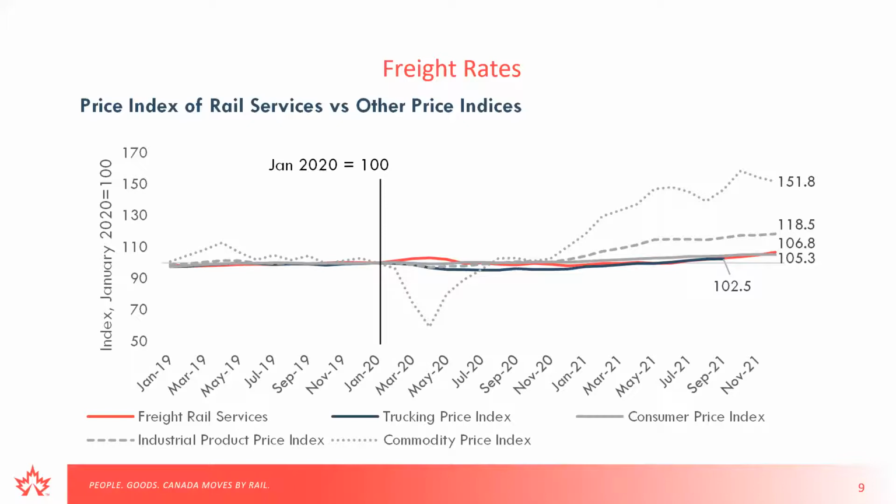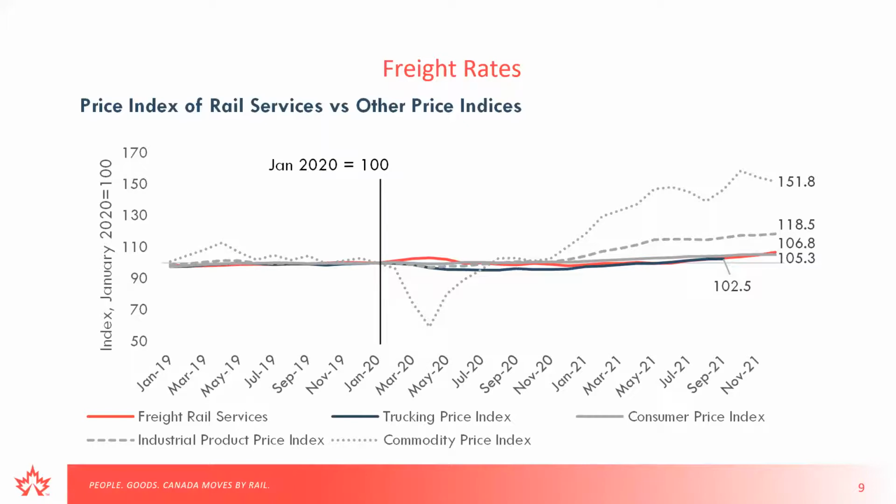Looking at trucking, it's been a 2.5% increase, but their data is only recent up to September, and in September, rail was at 3.1% higher. So it'll be interesting to see over the October, November, December months if trucking follows the same path as rail or not. Consumer prices have followed quite a similar path. They're at 5.3% above their January 2020 level. I think there's actually extra gains in January for the CPI, so it'll be a bit higher now.